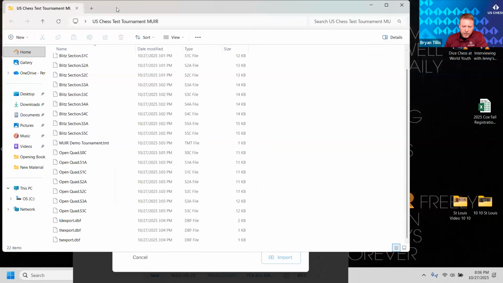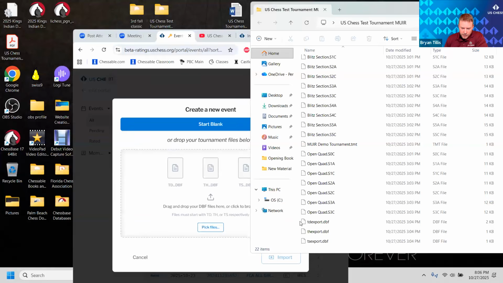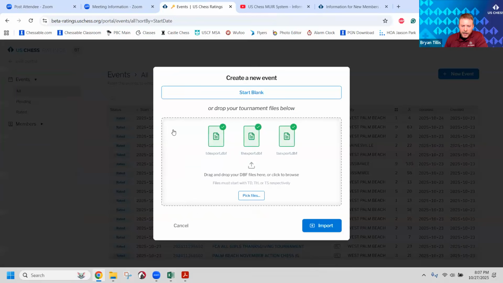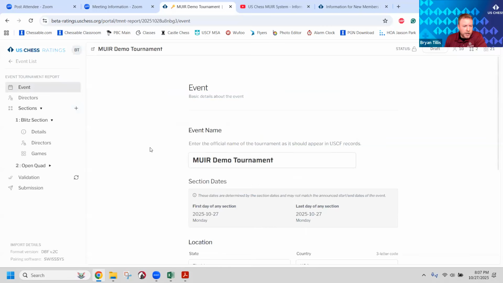for my old school tournament directors, I think you'll like this first step, that no longer do I have to put in TD, TH, and TS one at a time. I'm just going to drag and drop, and my 3 files are good to go, ready to import from your favorite pairing software. I'm a Swiss Sys man myself, but there are WinTD people out there, of course. And when I hit import, I'm going to have my MUIR demo tournament,